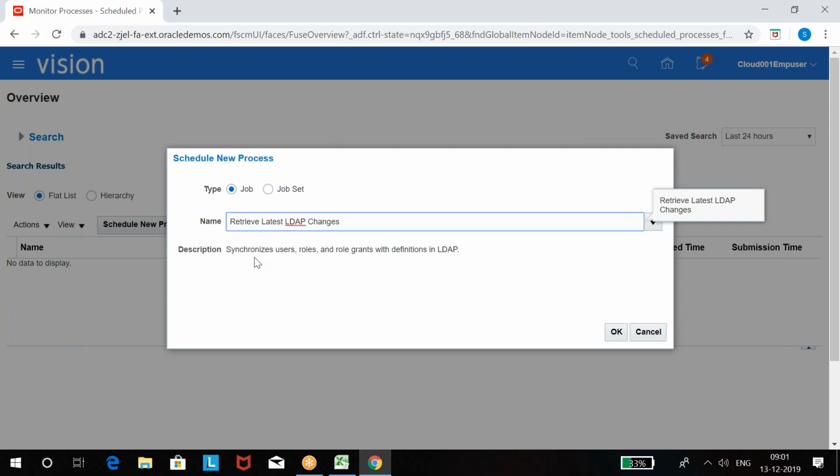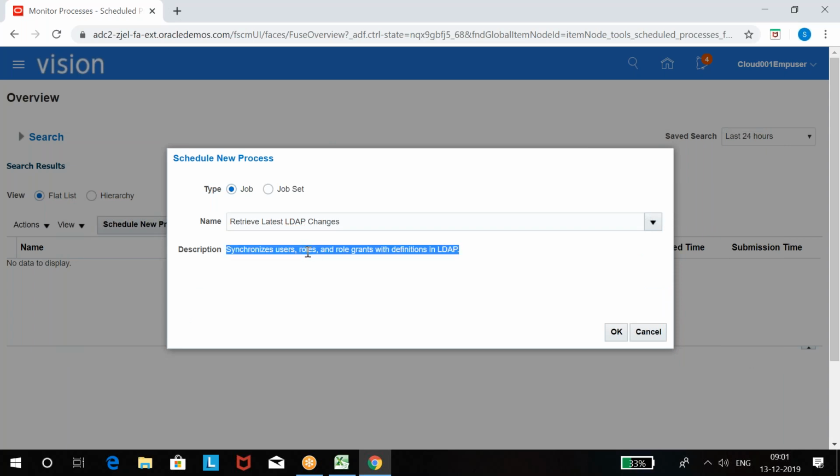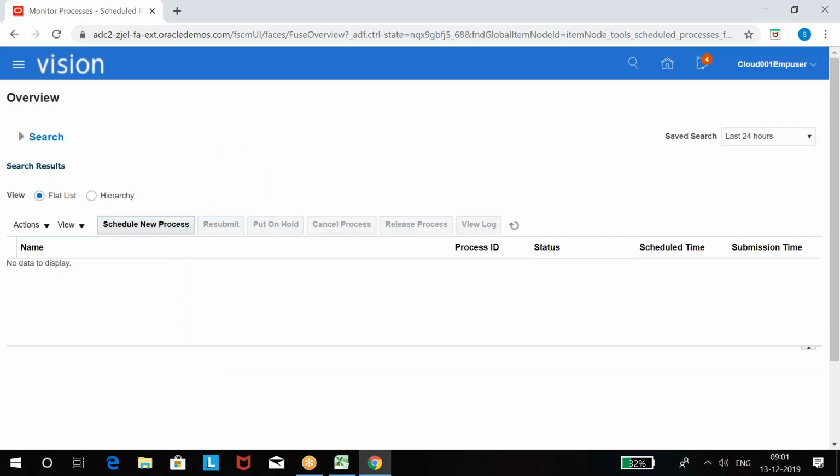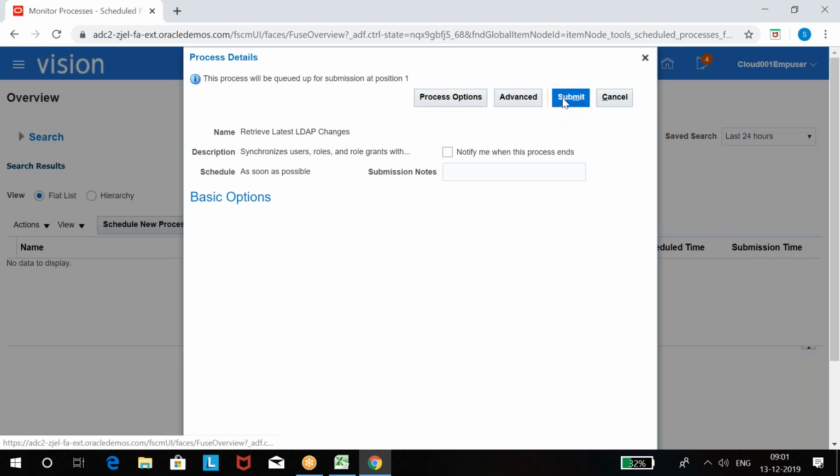The description says it synchronizes user roles and role grants with the definition in LDAP. Whatever username, roles, role grants you have defined or changed is going to be synchronized in the LDAP table. So click OK and submit.